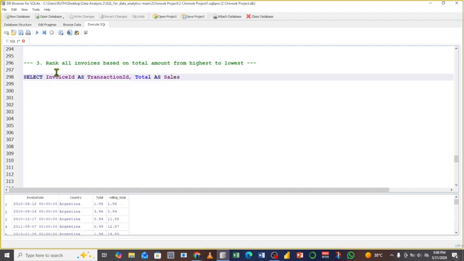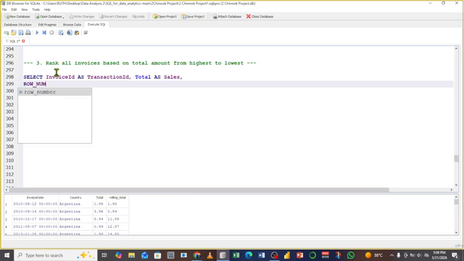Let's call it sales. Then, a comma. Then let's use row number first. Row number: you do your bracket, you now put your over,